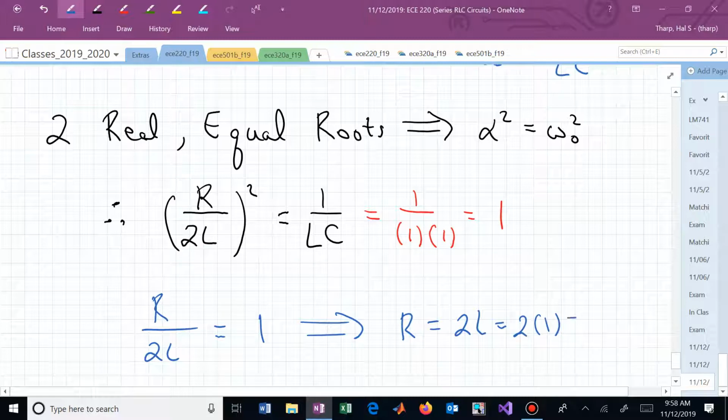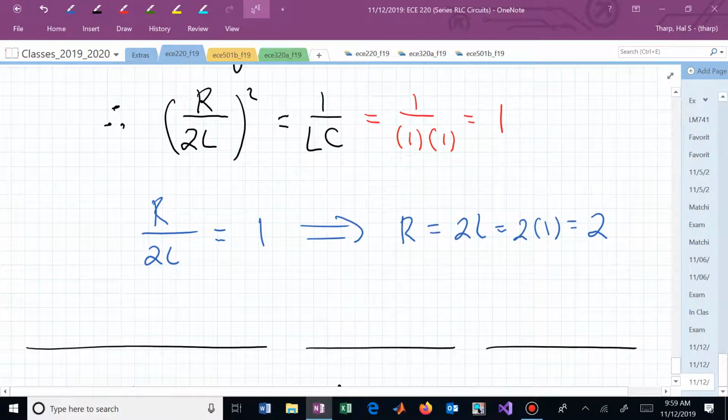L was 1. R needs to be 2 in order for this series RLC circuit with an inductor of 1 and a capacitor of 1 to end up with the roots of that characteristic equation